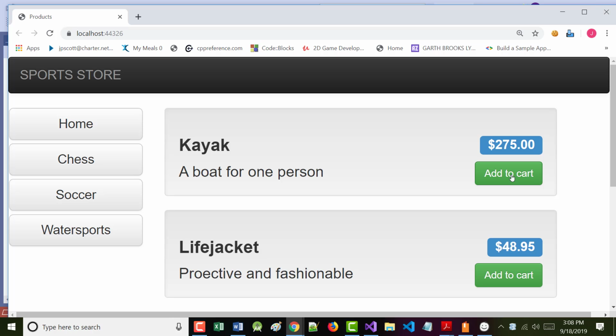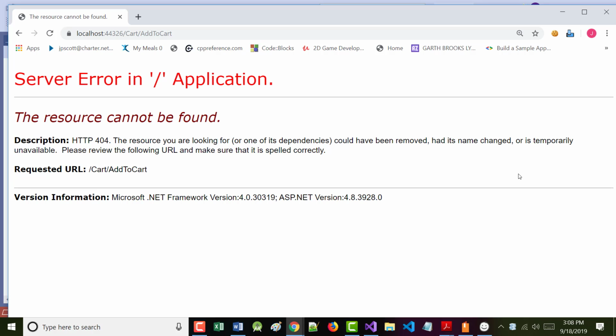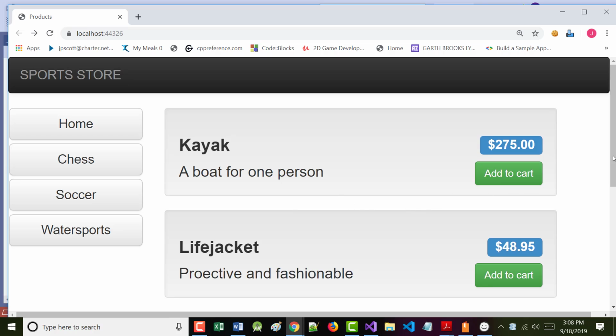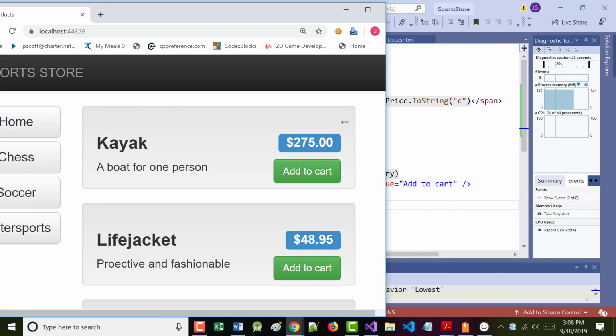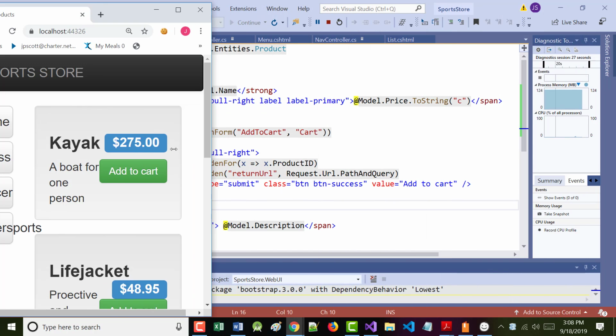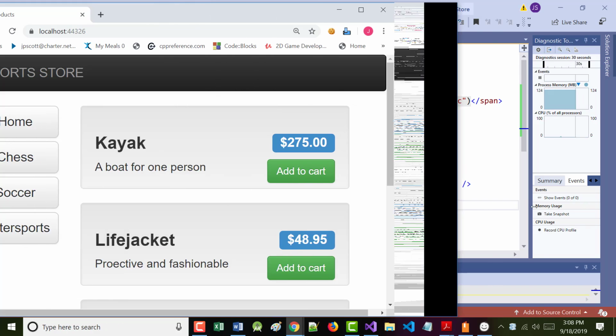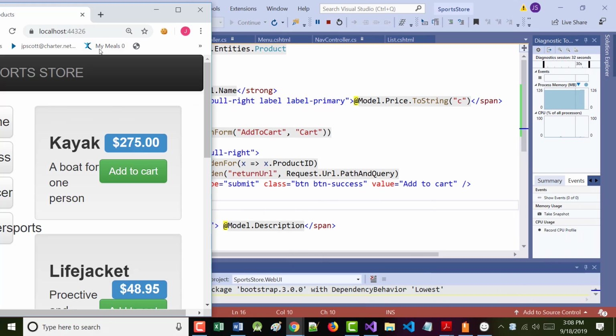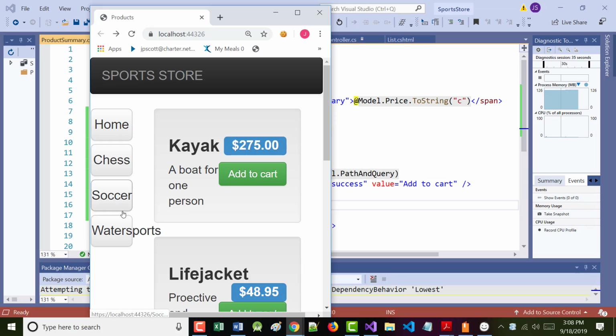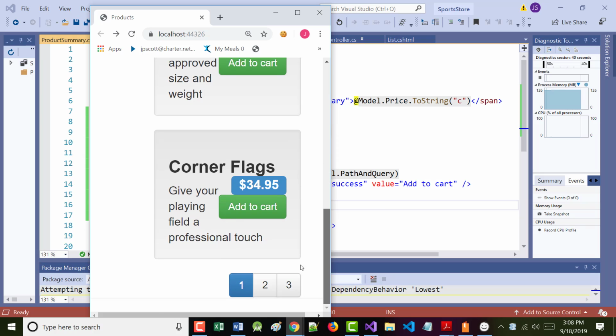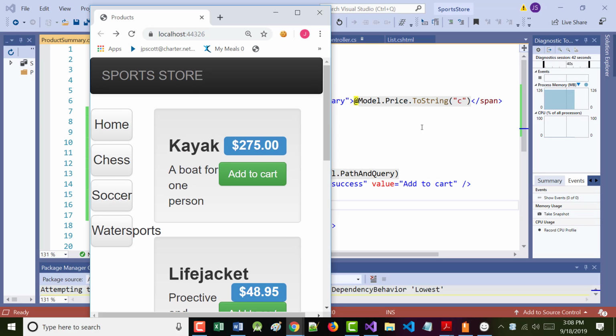All right, see that? Now we've got an add to cart. It's not going to be functional yet, because we didn't write the add to cart method, but we can take a look at it now. And what's even kind of cool is it's at least semi-responsive. Not great, maybe. I don't know how that's going to look on a phone. This is not going to look good at all, so we're going to have to change that later. But technically, when you look at this, this is about cell phone size. You could read it.